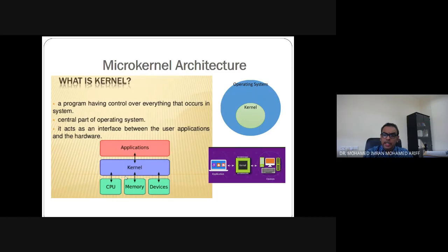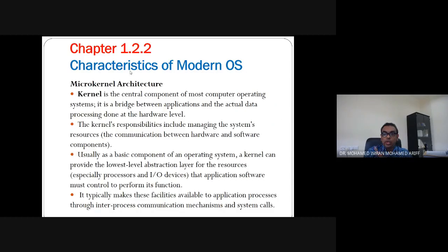If you see here in the diagram, the application software is right at the top, and this is the kernel over here, and the kernel will be in charge of all of these hardwares, which I've drawn over here. So in the microkernel, unit kecil, dalam kernel tu dibahagikan to a few subsections. So each of them will take care of one hardware. Itu maksud dia microkernel.